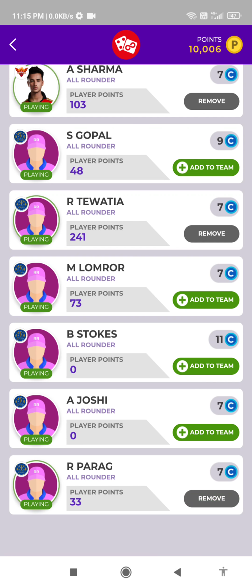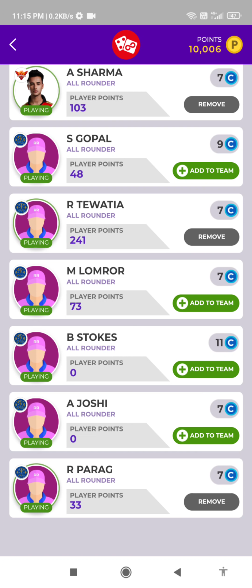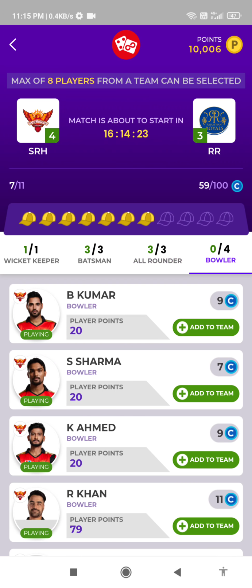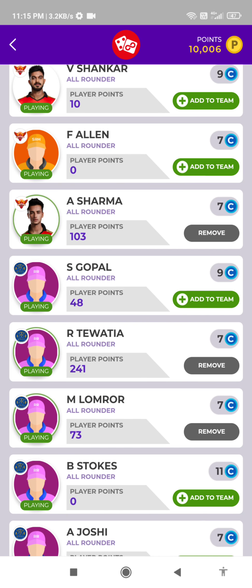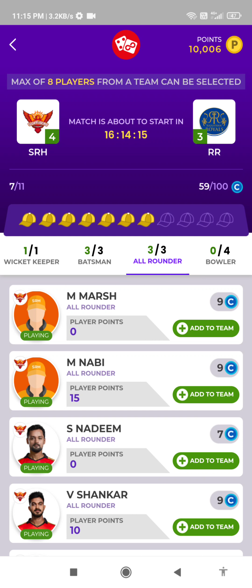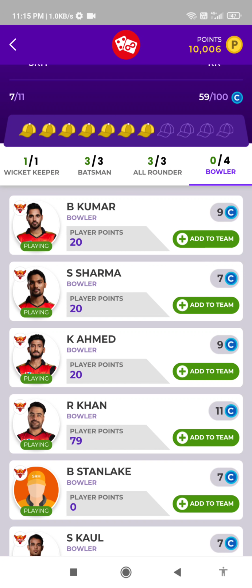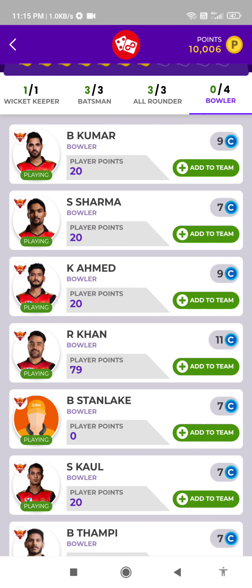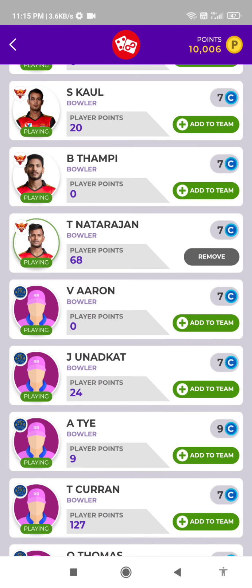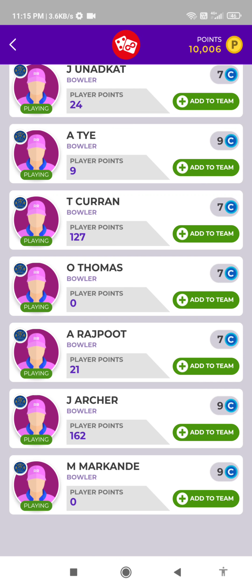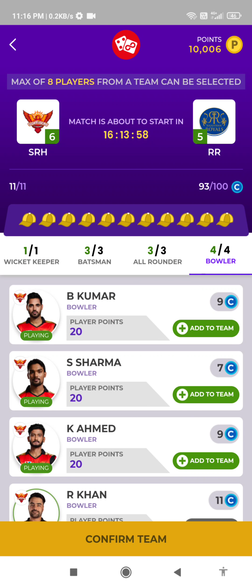So R Parag also has 33, but 73 is more than 33, so I am choosing M Lomror. And in the all rounder section, A Sharma I took in the all rounder section only. So I am choosing R Khan in the bowler section, T Natarajan in the bowler section only, T Karan, JR Kerr,